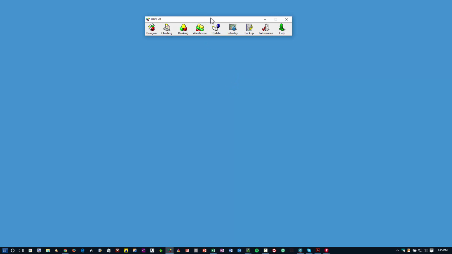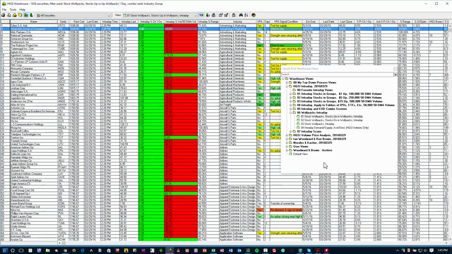Most of my emphasis went into the VPA, because that is where I am doing most of my work now. So I'm going to go into the warehouse. I just happen to be looking at this. There's nothing new in here. These are the stock wolf packs, groups that are up today. You can see